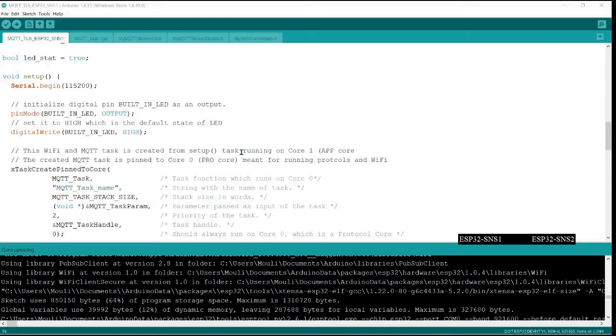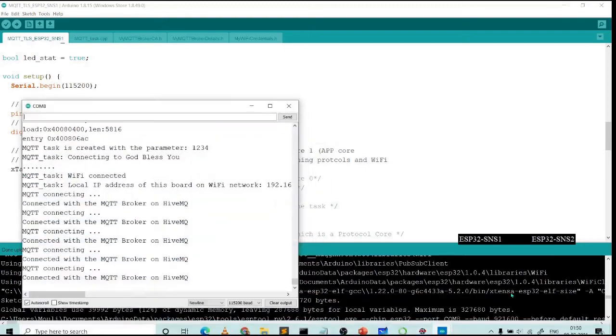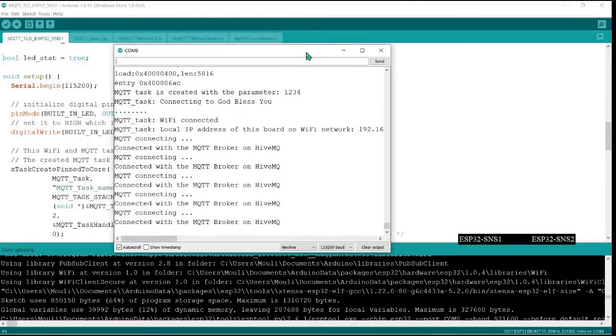If you open the serial monitor of this IDE, which is already open, you have to make sure that this rate is the same as this baud rate, because if it is not matching, this IDE expects your serial port output, which is coming onto the USB port only.